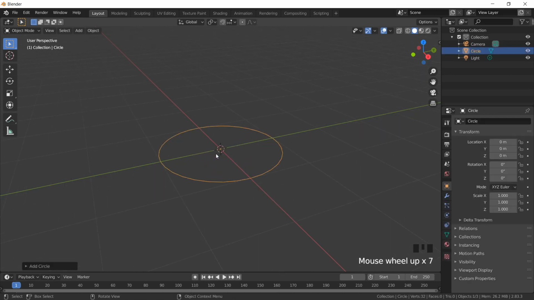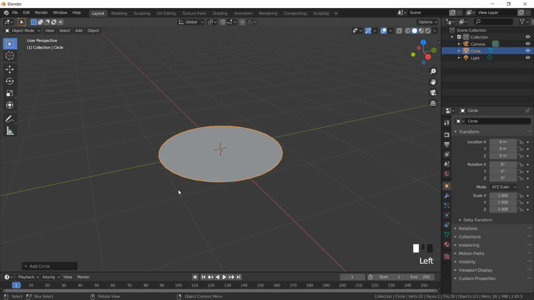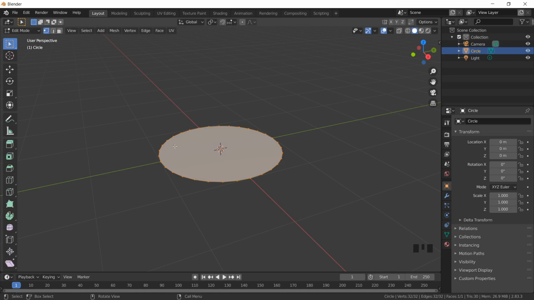As we've selected circle, you can see that this circle is a complete ring-like structure, but there is nothing as a base. So we're going to make this circle look like a base. I will go to the properties of circle. As we can see, there are 32 vertices. These vertices will be visible to us when we go to the edit mode. So fill type, I'm going to select as NGON. When I select this NGON as the fill type, you can see this circle has become like a complete base. So let's go to edit mode and see how this circle looks like. In the edit mode, you can see that we have 32 vertices altogether over here.